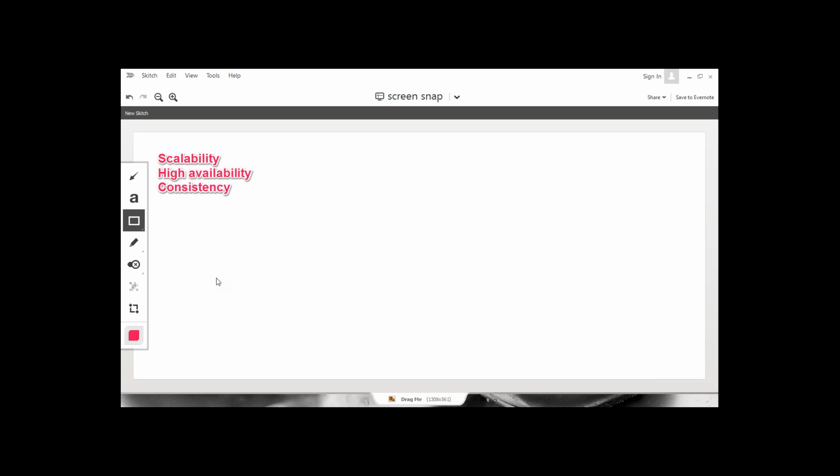Now, this is a problem of consistency. Let's say I'm writing to A, at the same time, someone is reading from B. So the data that he would be getting would be the older data because the change has not replicated to B yet. Okay, so how do you account for consistency in the virtual environment? So there are solutions to that. One of the solutions is